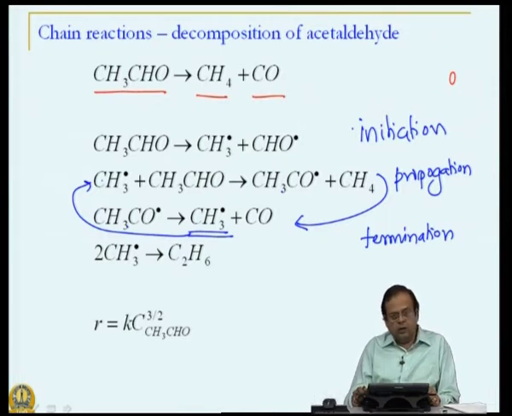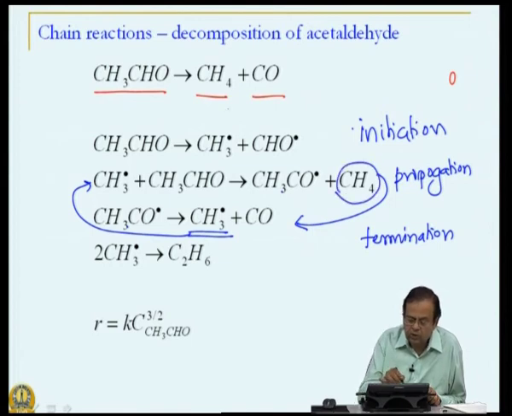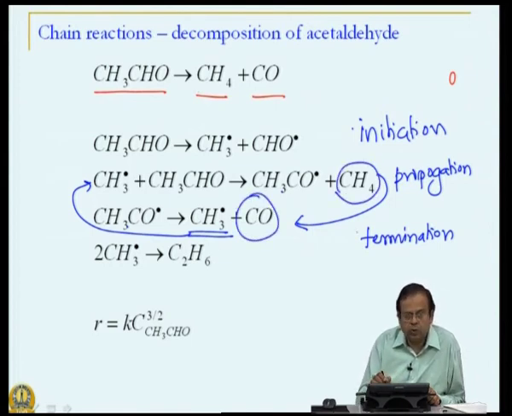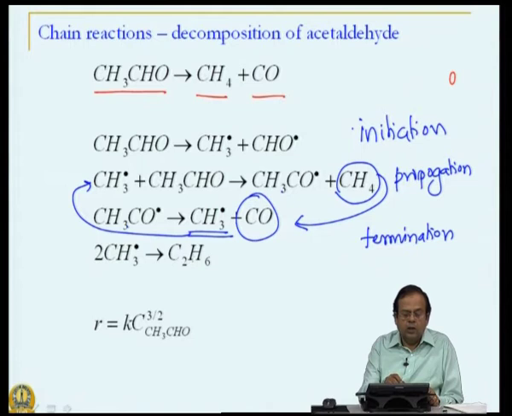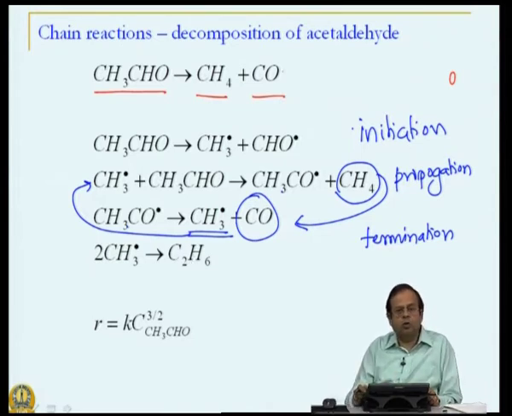Now, there are several things to be noted. I mentioned earlier that in a reaction sequence, all products have to be explained. So, that is clear that we have methane as one product, carbon monoxide as a product, but there is also a side product, namely ethane, and it does not show up in the overall reaction. And that is also a characteristic of a chain reaction, that there will be some products which are insignificant and therefore are not counted as major products of the reaction.